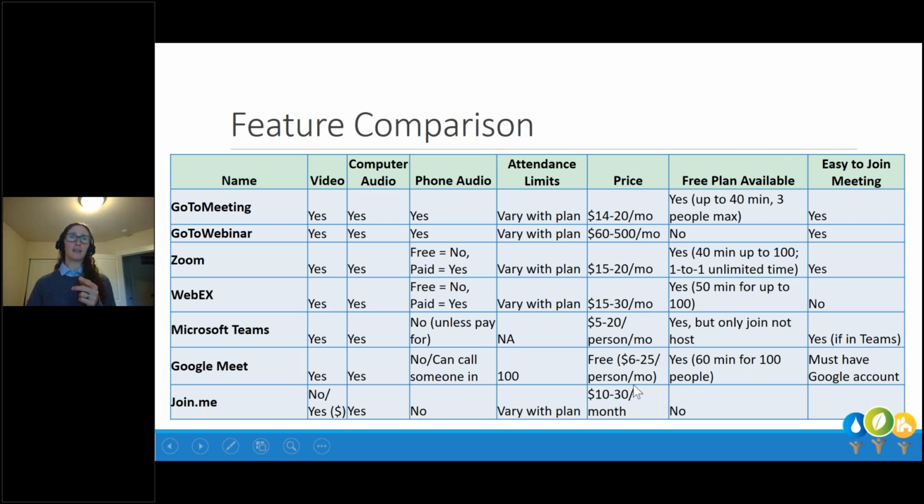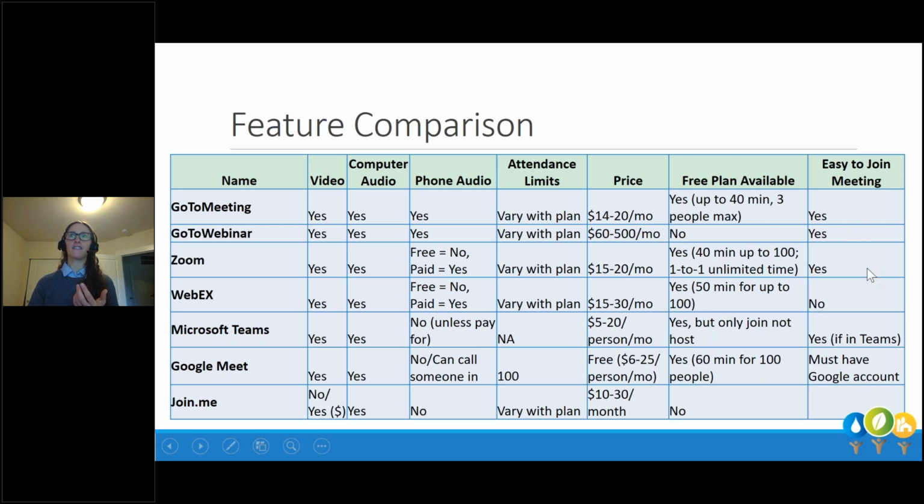Something like Microsoft Teams and the Google platform, if you want paid, are per person per month. So keep your eyeball on that. Works great if you're a small establishment. It might be cheaper to have that paid than if you're a large establishment. You can't hack sharing an individual login. It's smarter to have everyone in there interfacing on their own. So just keep your eye on that. But know that a lot of these meeting platforms are about all the same.